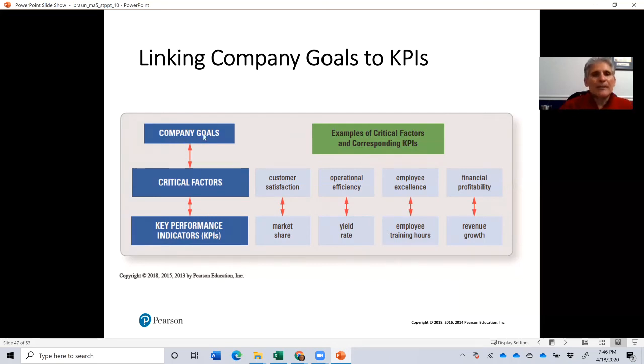So we're going to set our company goals as to where we want to be in the future. And then from there, we're going to look for critical factors. What are some things that are going to help us achieve those goals? Some of them are financial and some of them are not. But when we're going through that process, we're going to identify those that are financial and even non-financial. And then from there, we're going to come up with what we refer to as key performance indicators. Okay? So as an example,